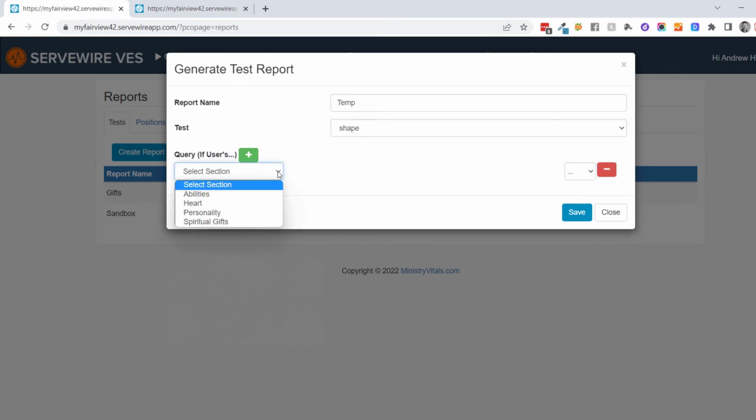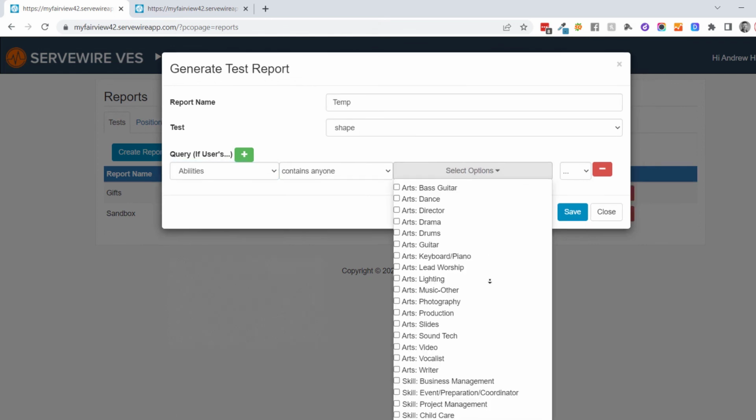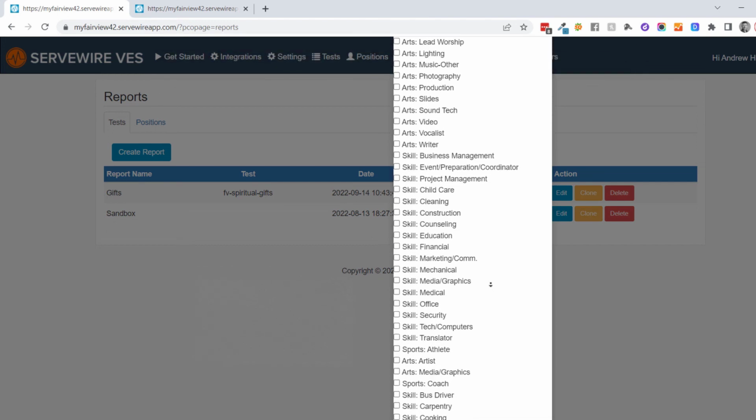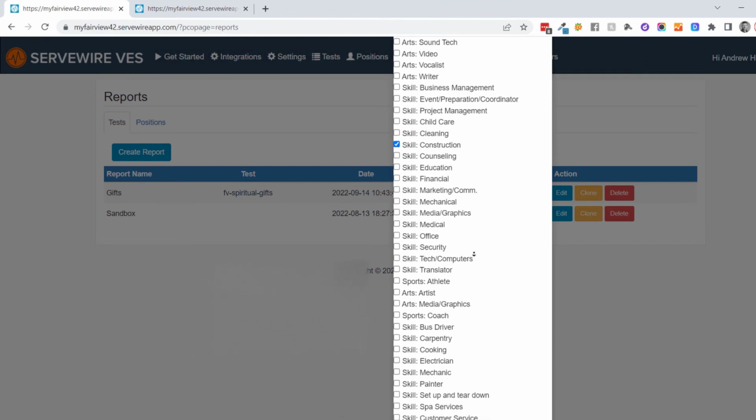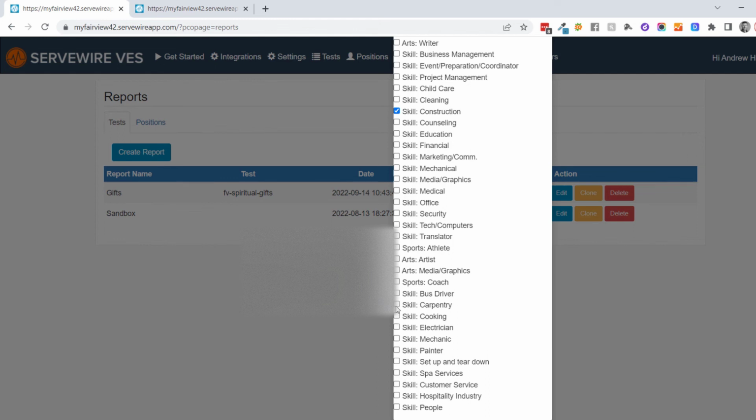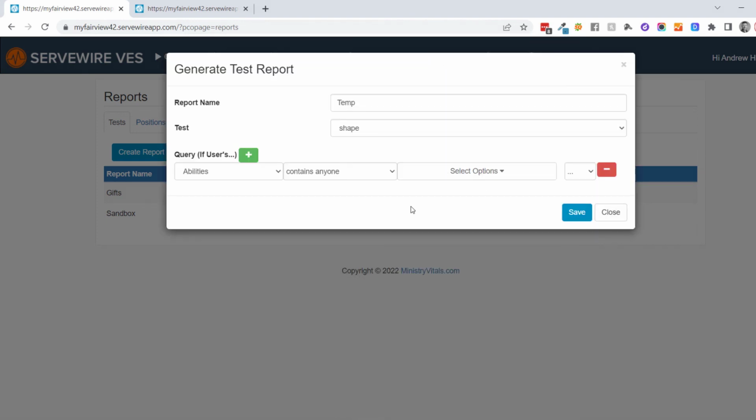Let's say I'm looking for a tradesman to help with the building expansion. So I'm looking for somebody with the ability who says they have either, let's scroll down this list of abilities, and I'm going to select skill of construction, as well as, let's say, carpentry and electrician. Yeah, that's good. So I'll select those three. And so I've identified anybody who raised their hand and said, I have one or more of these three abilities, but it's important that I also select and,